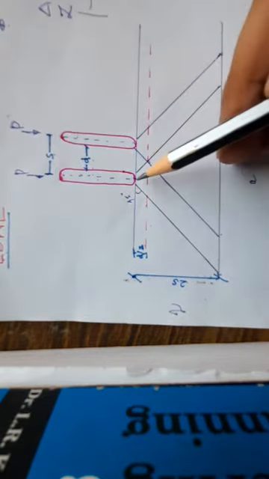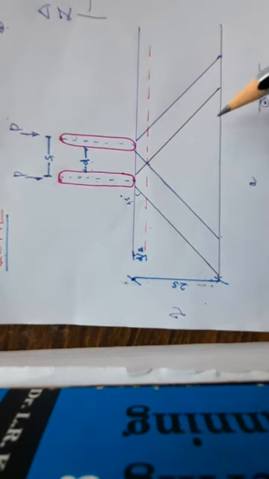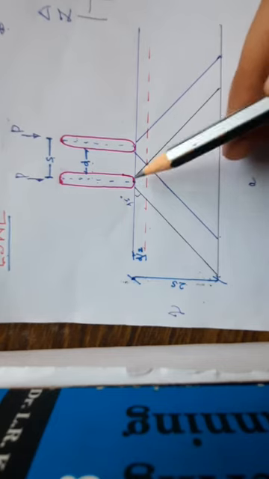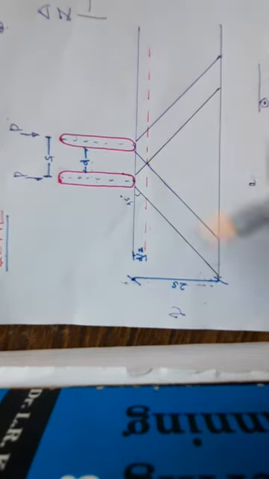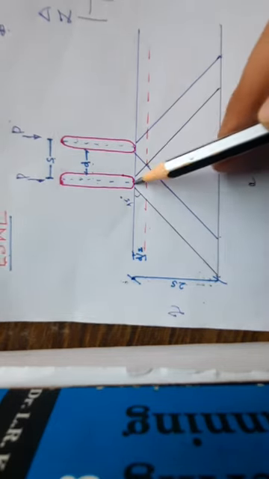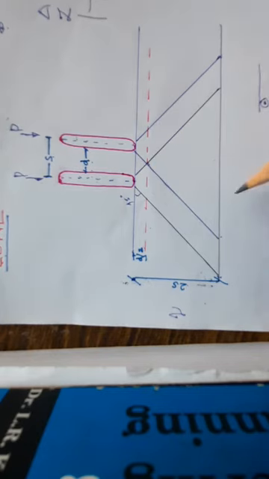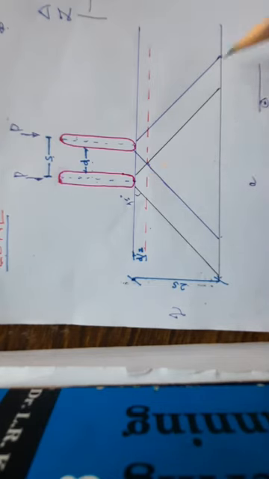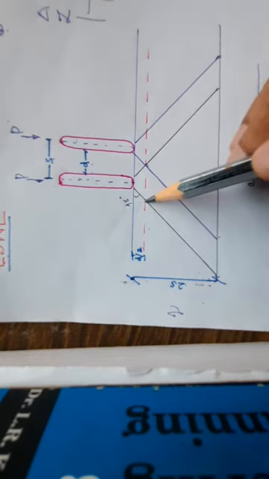Whatever the loading is, dispersion happens from the contact point. Obviously the load will be more there. As the depth increases, the load starts distributing. Here it is something like 40 kilonewton, and by the time it reaches here, it might be 20 or even lesser than that. As the depth increases, the load is distributed. So here he explains that the load distributes in a truncated form. Clear? Up to the depth d by 2,